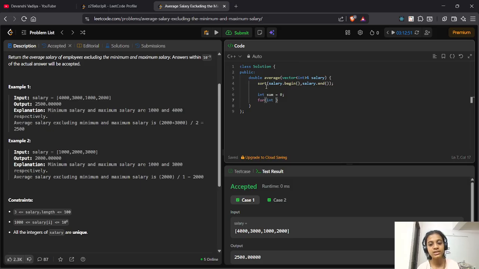Now here the catch comes. We'll start the loop with 1. Now why 1? Since after sorting we'll have the array as 1,000, 2,000, 3,000 and 4,000, right? So the 1,000 is at i equal to 0, and we need to exclude it, so we'll start the loop with i equal to 1, not i equal to 0. So the first element is already excluded, i equal to 1, where i is less than, again the catch comes, i is less than salary.size()